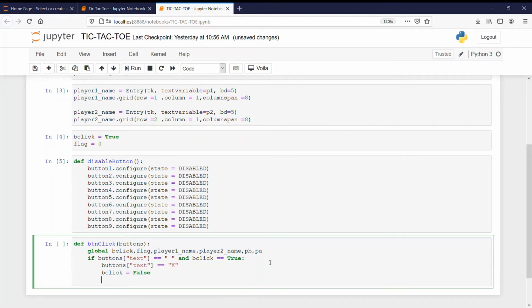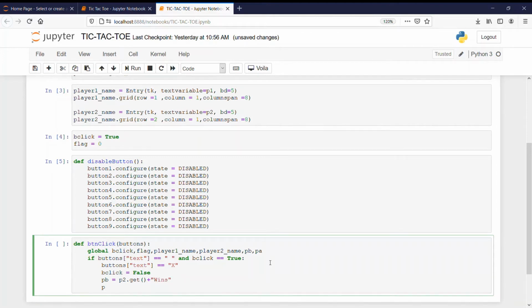Now player b, no, we have pb. So pb equals p2.get() plus wins, and pa equals p1.get() plus wins.